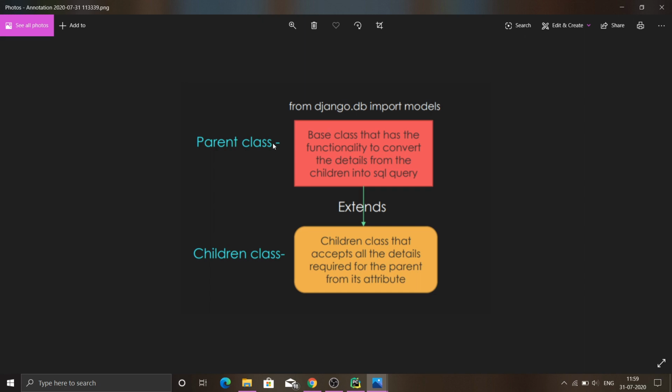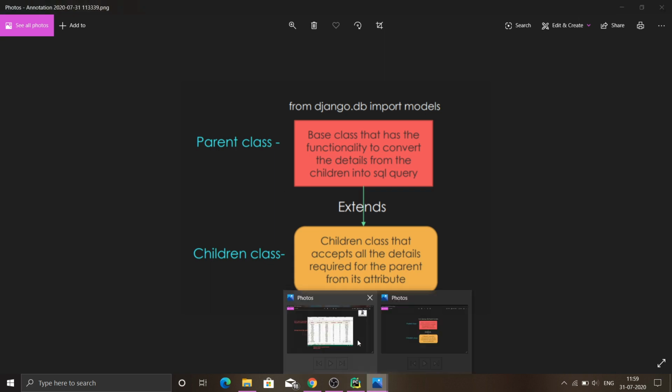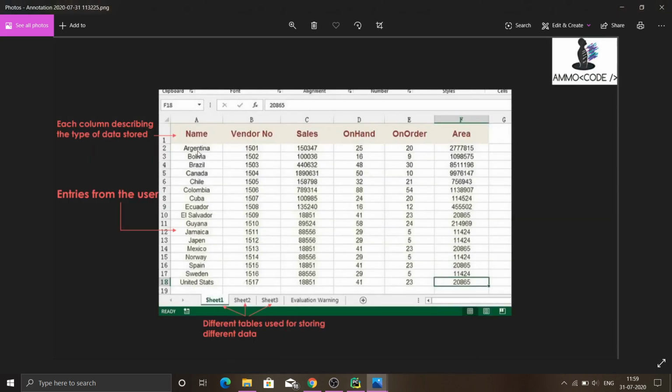In that children class, we will be providing all the information that is required for this database, like, as you can see, for example, this database has the fields of name, vendor number, sales on hand, on order, etc. And these are all of different types. This is of string type, this is of number type, and so on.